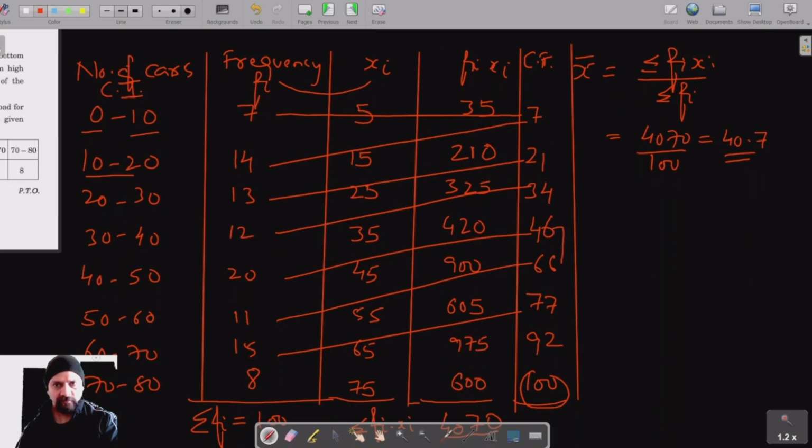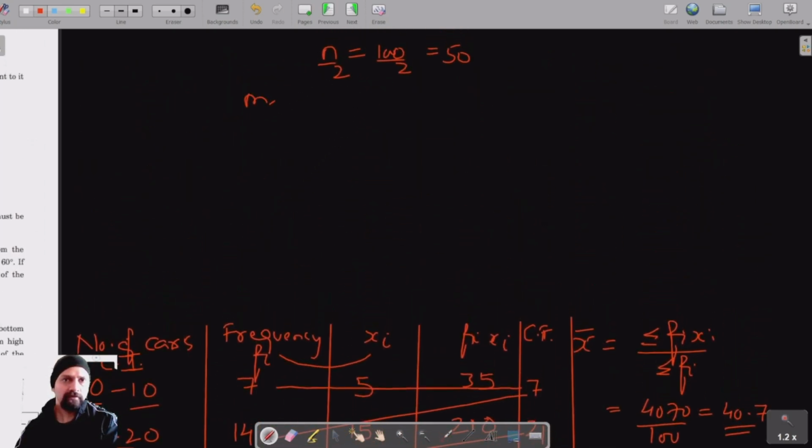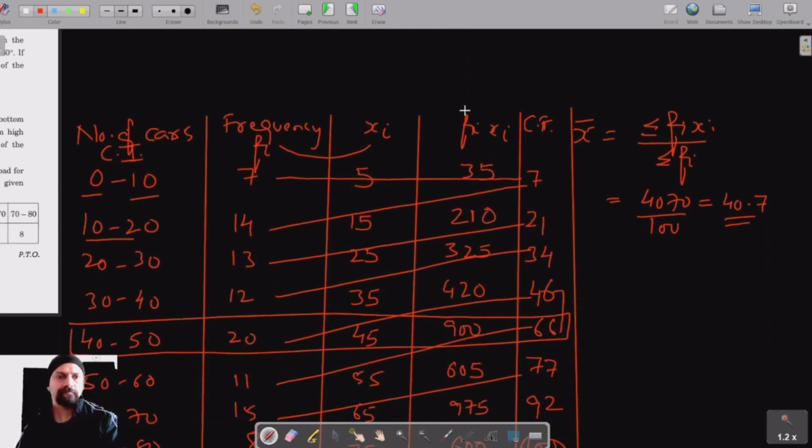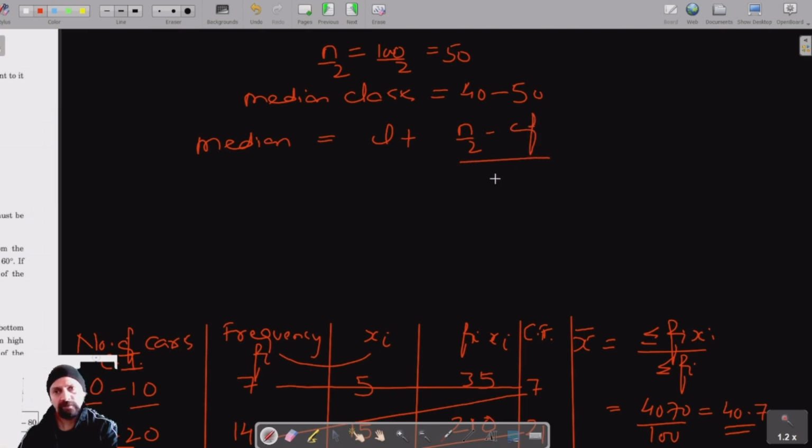will get after 46. So this is the median class. So our median class is 40 to 50. Now let's write down the formula of median, which is equal to l plus n by 2 minus cumulative frequency upon f, into h. Sorry, it's not h, it's f